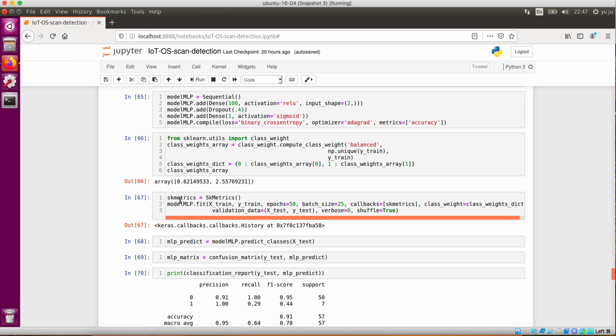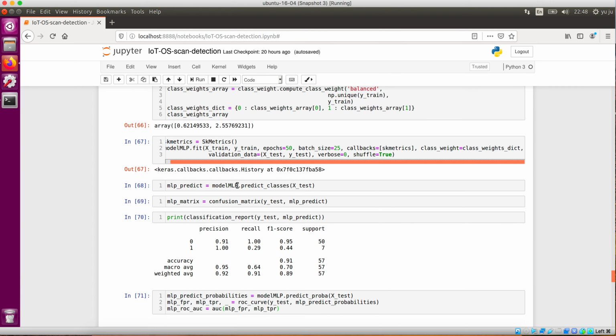Now we train the model. We pass in the callbacks to record the metrics during the training, and we pass in the class weight so that the model will take into account the imbalanced class. Also, we pass in the validation data,